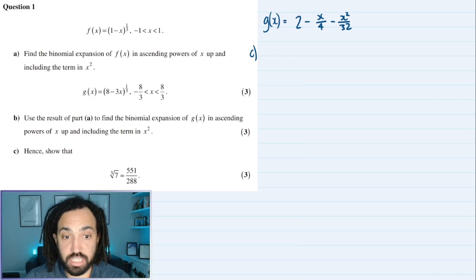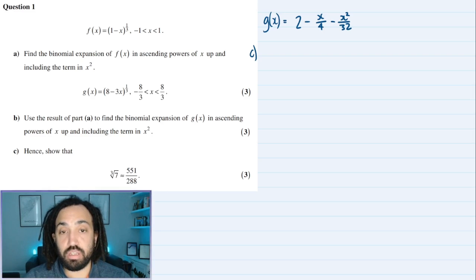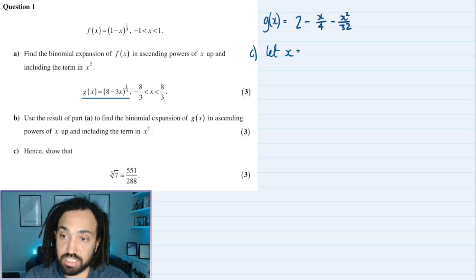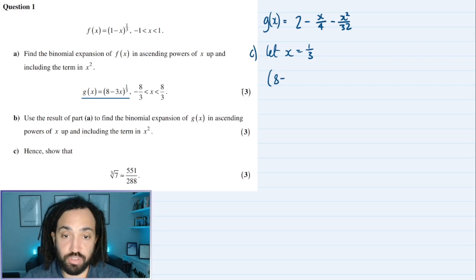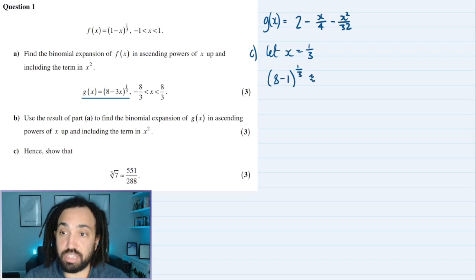Okay, part C, it says, hence show that the cube root of 7 is approximately equal to this. Okay, well, if we look at g of x here, we could quite easily get 7 inside our bracket if we select a certain x value. So if we let x equal a third, which we're allowed to do because x needs to be in between these two, and which a third is, then on the left hand side we'll have 8 minus 3 times a third, which is just 1, to the power of a third, is approximately equal to